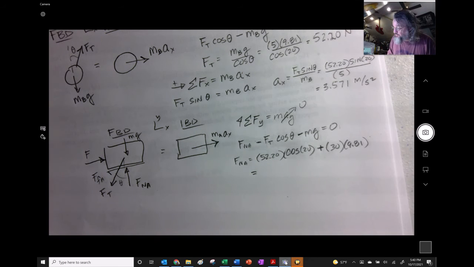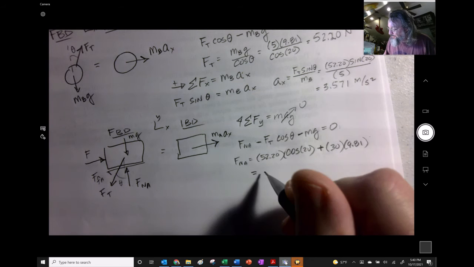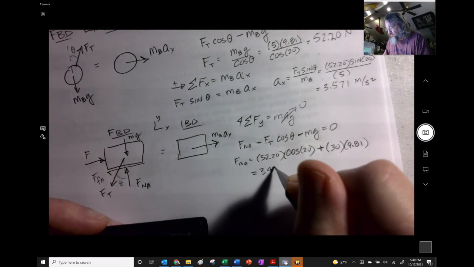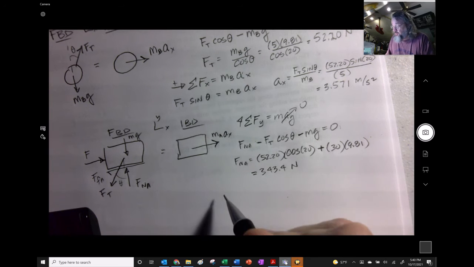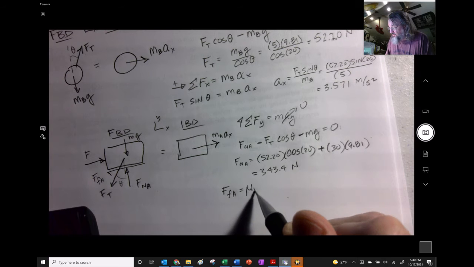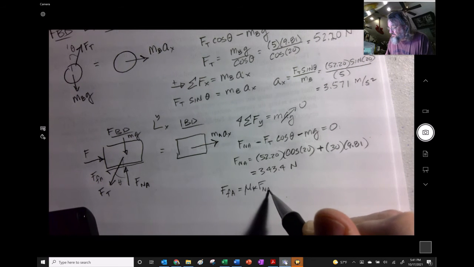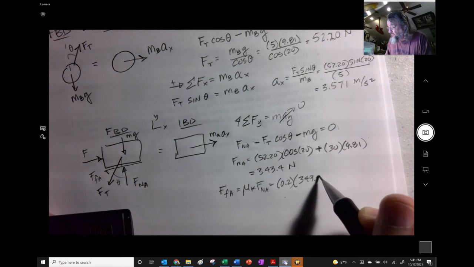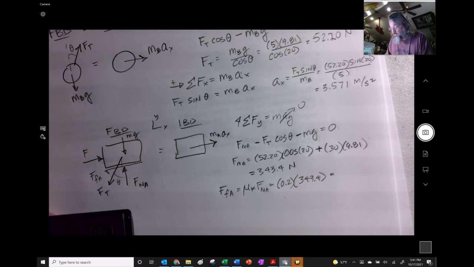And so here's our 52.2, and my cosine of 20 times, and then my 30 times 9.81. Add them together, and I think I get 343.4 newtons. And then I know that the friction here is going to be the coefficient of friction times my normal force. My coefficient of friction was 0.2 and my normal force 343.4. So 0.2 times that, and I get